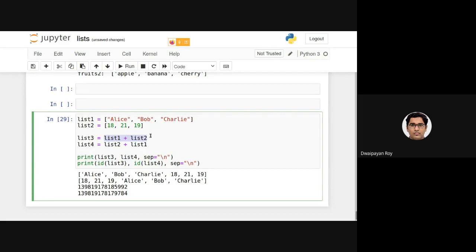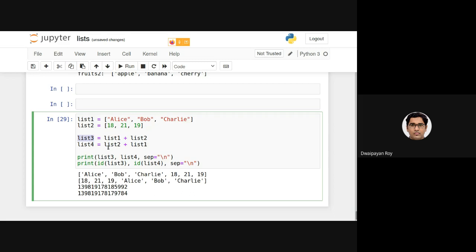This is creating the new list, and the new list is being referenced by list 3. Similarly, this is creating a new list, and then list 4 equals to, this statement is storing the reference of this newly created list into list 4.